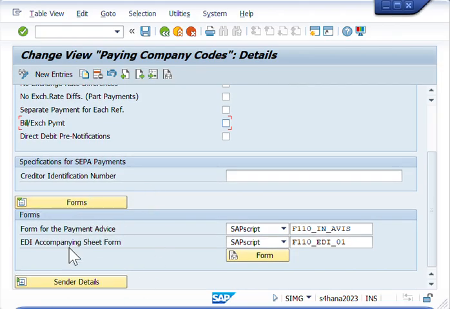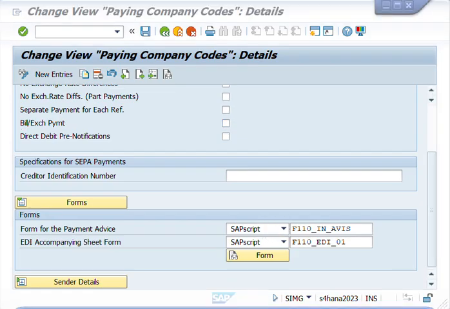And now in the forms, we have the default SAP script for the printing, for the payment advice, and for the EDI accompanying sheet form. So we will use the default F110 AVIS and F110 EDI01. So that's it. Let's click save